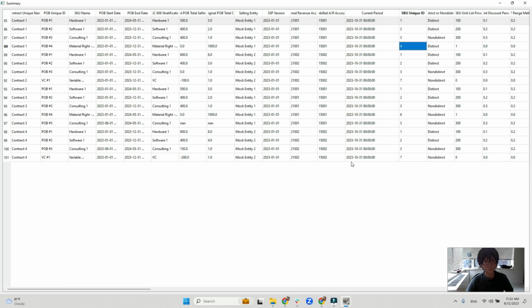Remember, the latest contract status only pulls the contract with the latest current period, because the last backup is what we backed up prior to the last delivery. So that current period is actually before October 31st,